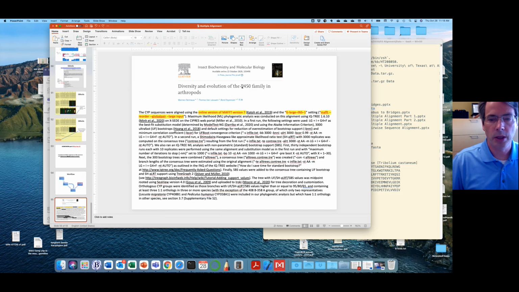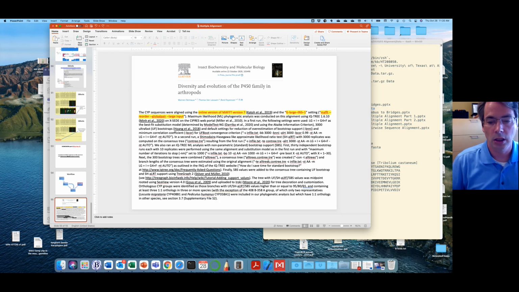Just going back to that paper on P450s, last slide here, just to show you how this gets done and how it gets reported. This P450 gene family evolution study used the online version of MAFFT. They just got all the P450 and CYP genes they could get out of the database using BLAST or annotation, because lots of them will have already been annotated, but some of them might be missed in the new genomes that are being posted every day. So they just got as many P450 genes as they could find